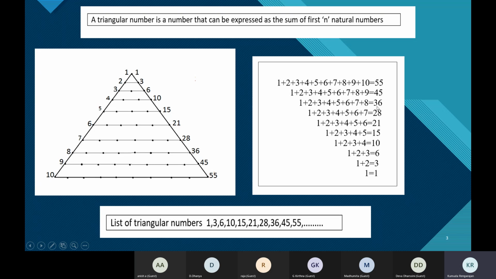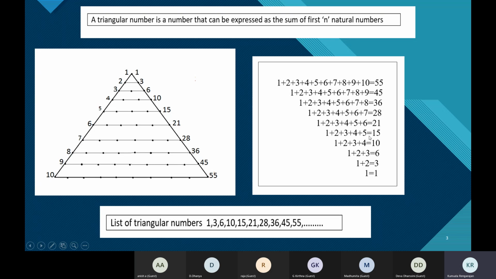Now, why is 28 a triangular number? This collection is infinite. It goes on. I've just shown a few here. So to explain, 15 is a triangular number because it can be expressed as the sum of the first 5 natural numbers. 28 is a triangular number because it can be expressed as the sum of the first 7 natural numbers.